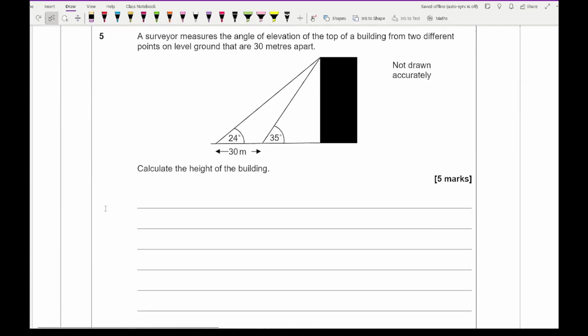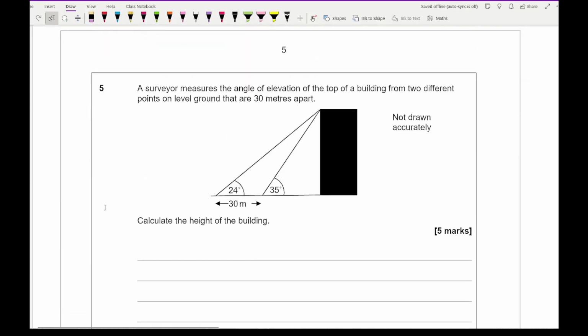Then moving on to question 5, it says that a surveyor measures the angle of elevation of the top of a building from 2 different points on level ground that are 30 meters apart. Calculate the height of the building. So this is what I'm wanting to work out. This is h. Now I know that's 30, so what I can then do is, if I look at this triangle here,